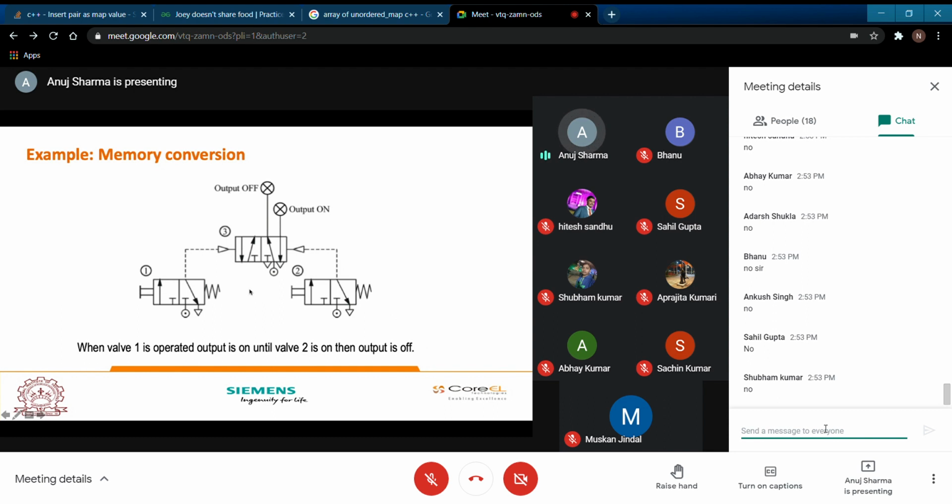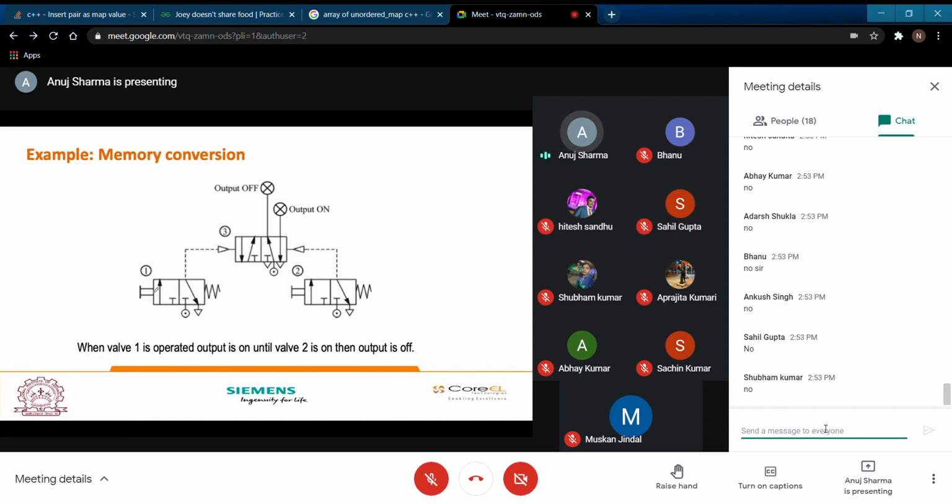If it is 0, it stays in whichever position it was, because no compressed air is supplied to it. But when it is 1, for this particular condition, you can see like this.